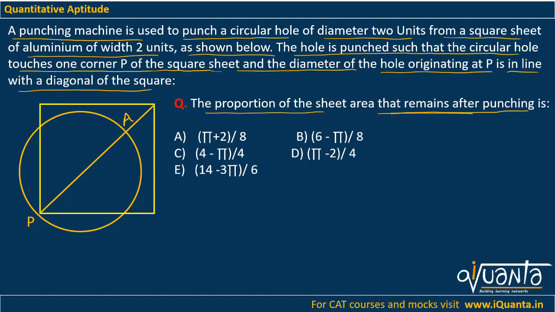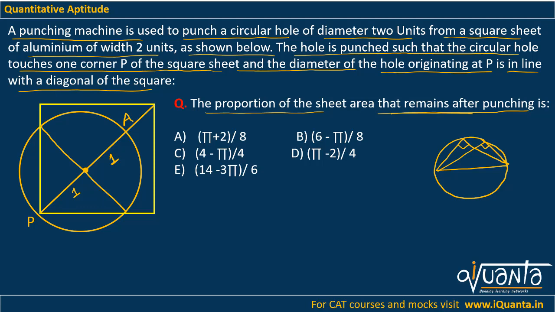Now we know that the diameter of this circular hole was 2 units. So I'll take the center over here. This will be 1, this will be 1, this will be the radius. Now if I join these 2 points over here, it will pass through the center. Why? Few days ago we solved a question based upon circle, in which I told you a property that if we have a circle and if we have the diameter, then the angle formed by this diameter anywhere on the boundary of the circle will be 90. So this angle will be 90, this angle will also be 90. This is the theorem we used few days ago. So angle in a semicircle is 90 degrees.